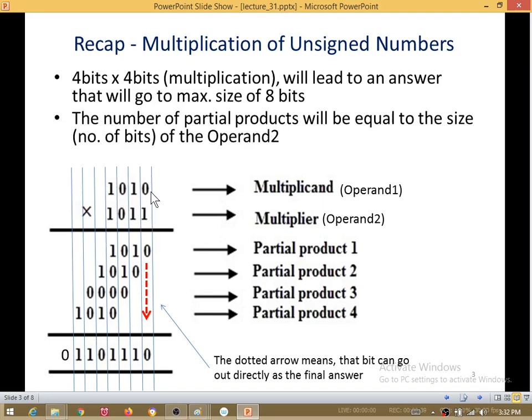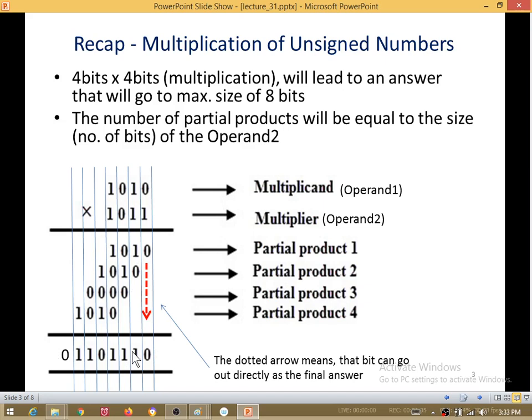So just to remind you, how do we do this? We multiply this number with the first bit here and we place it here. Similarly, we multiply this number with the second bit here and we place it over here. Remember to place it in the correct column. And then these items are known as partial products. And once you have all the partial products, you have to sum all of them up to derive your final answer.